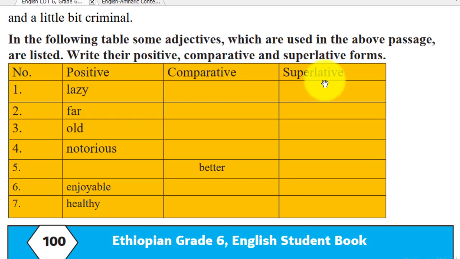ብለን እናስቀምጣለን። Next, far ነው። Far, farther እንላለን። Farther, her እንጨምራለን። ከዛ farthest superlative adjective. Old, older, oldest ይሆናል። Notorious የሚለው ደግሞ more notorious ይላል። More, than two syllable ነው, እንደውም ከሁለት syllable በላይ የሆነ ነው። More notorious, the most notorious እንላለን ማለት ነው። Number 5, በኮምፓራቲቭ better በሚል ተቀምጦላቸዋል። It's irregular adjective ነው። ስለዚህ ፖዚቲቭ good እዚህ ጋር ይሆናል, good, ሱፐርላቲቭ